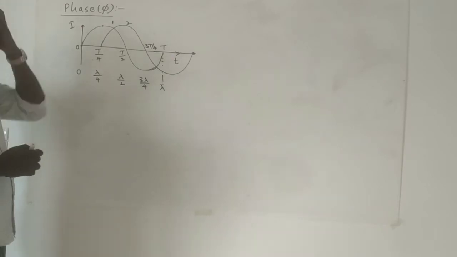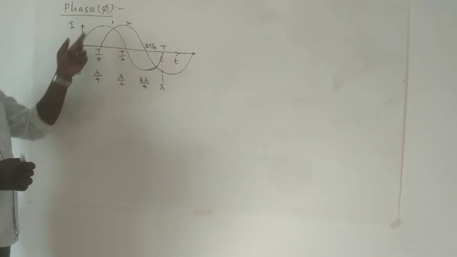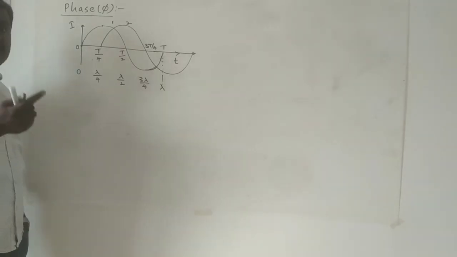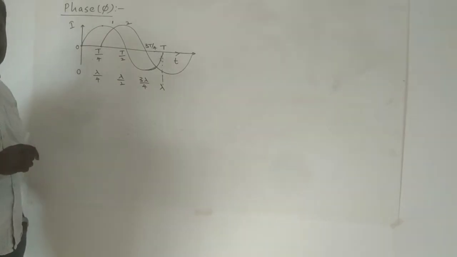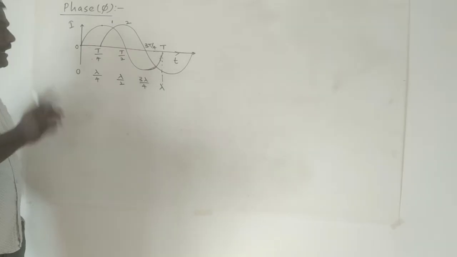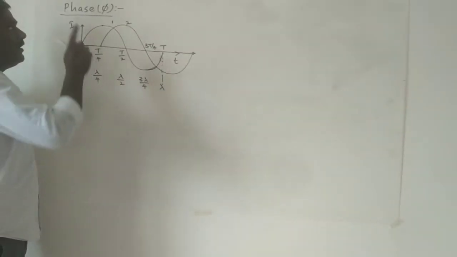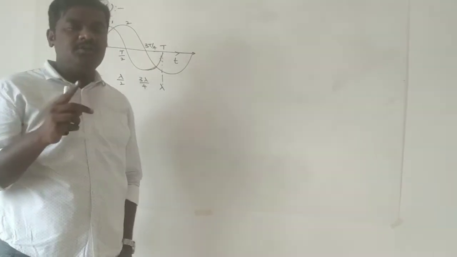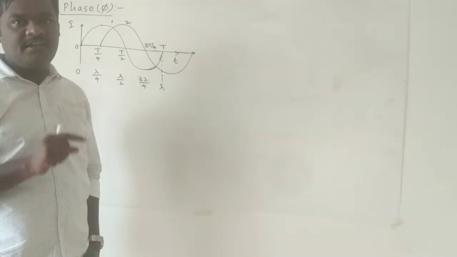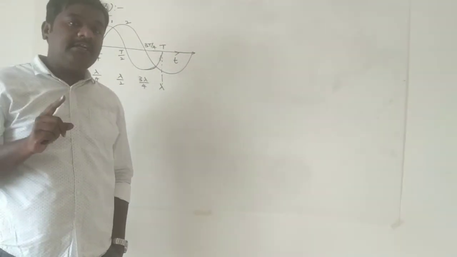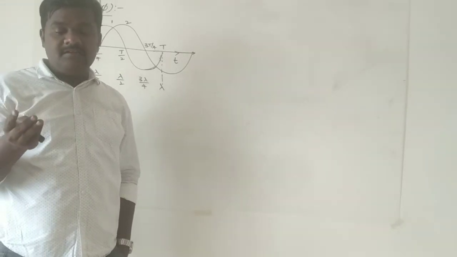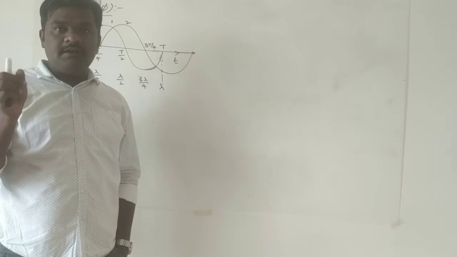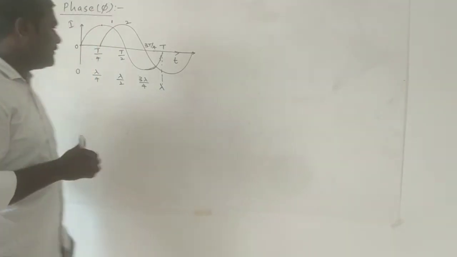Now if you mention the same phase difference in terms of lambda, then that is called phase difference in terms of distance. It's generally called path difference. Again, I'll mention one thing. If you want to mention the phase, there must be two quantities. You cannot represent phase for a single quantity because you are representing the phase either in terms of angles or in terms of distance or in terms of time of one quantity with respect to the other quantity.